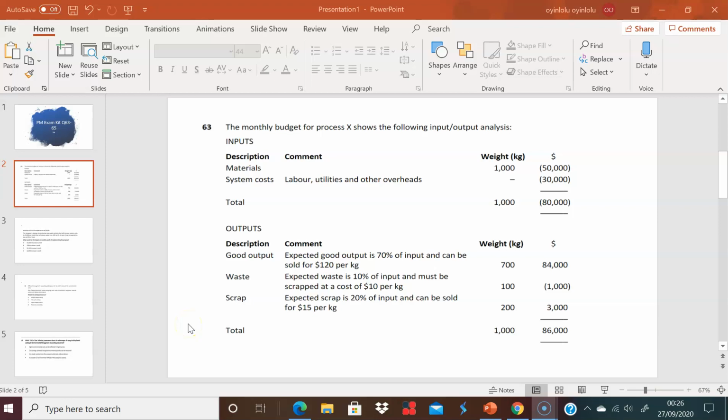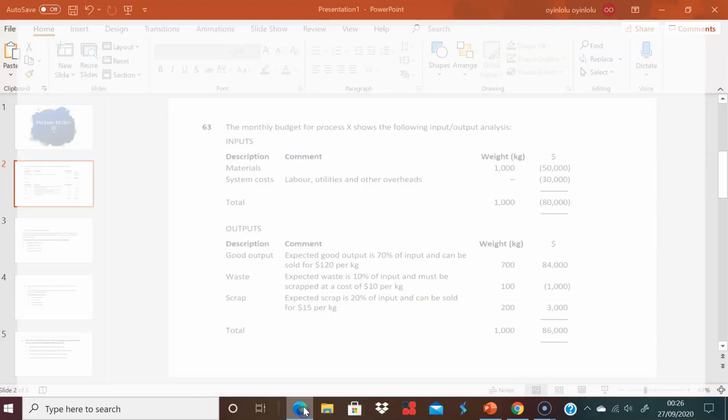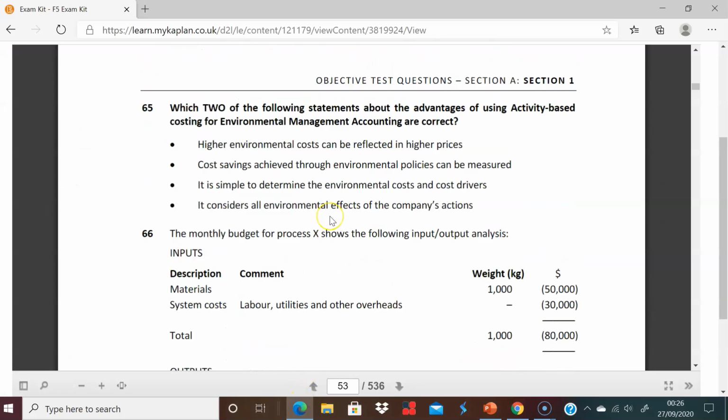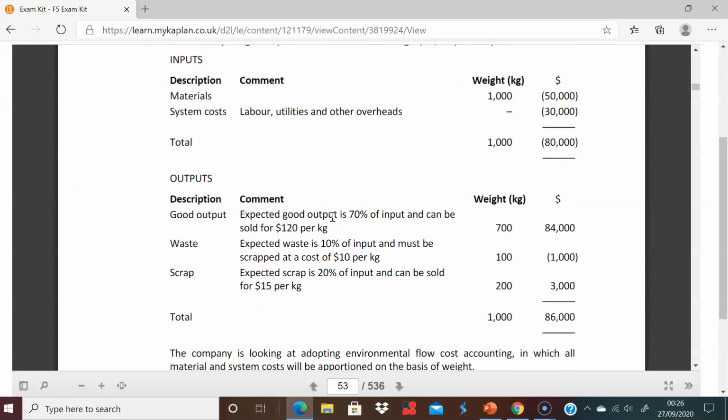Right, let's finish off this topic. I've just come back here again because actually, no. Let me just go back. Let me go to the actual question in the book. So we're at 66. What this question is asking is, we've got the same data from 63, but